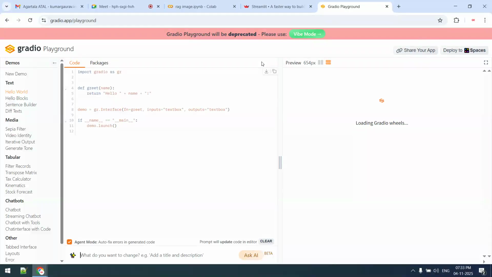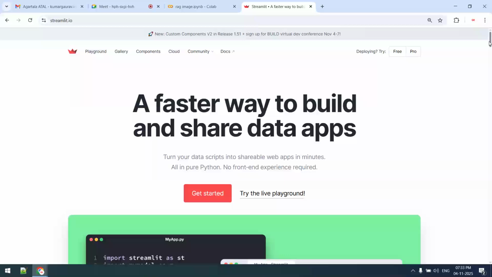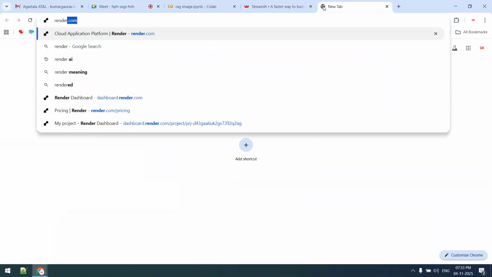In this particular session, we will use 4 to 5 different libraries. The very first library we are covering today is Gradio. After that we will come to Hugging Face, Hugging Face Spaces, and then we will go to Render and Railway. So first of all, I'm showing you which platforms we will cover: Render